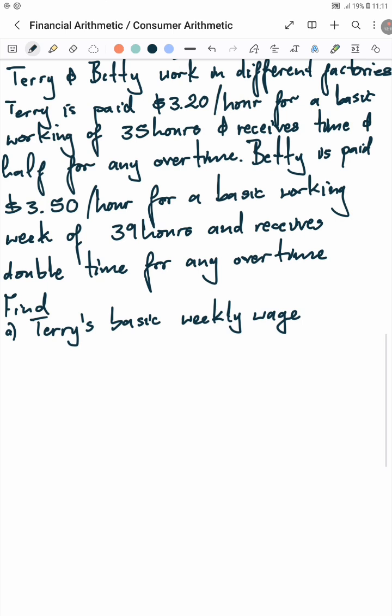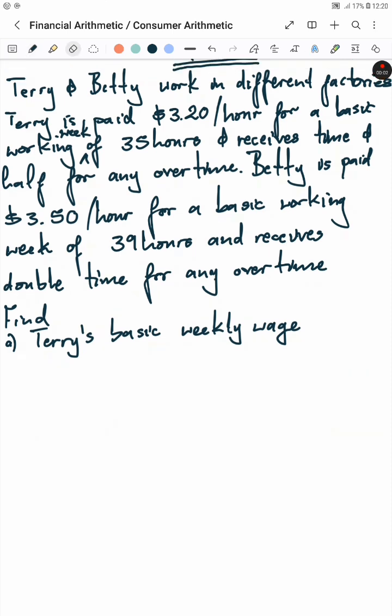So here we have been told Terry and Betty work in different factories. Terry is paid $3.20 per hour for a basic working week of 35 hours, and receives time and a half for any overtime. So what we're going to do here is calculate Terry's basic weekly wage, and we know he works 35 hours. So Terry's weekly wage would be